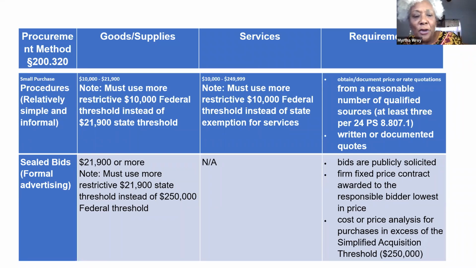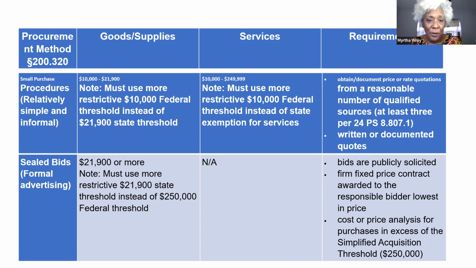So this one, formal advertising, we can get into that. That's usually your RFPs, requests for proposal, or your RFQs. The difference is that an RFQ is a request for quote, where they're really based just on the price, whereas an RFP is a request for proposal, where price is secondary and capability is what matters.